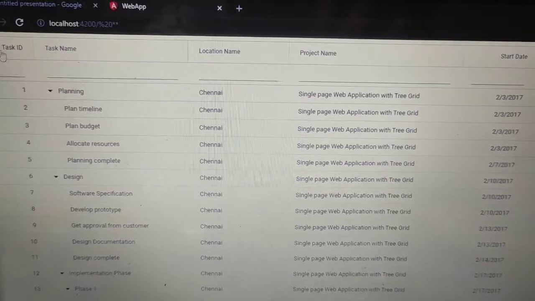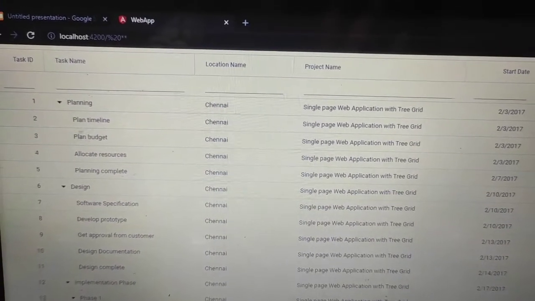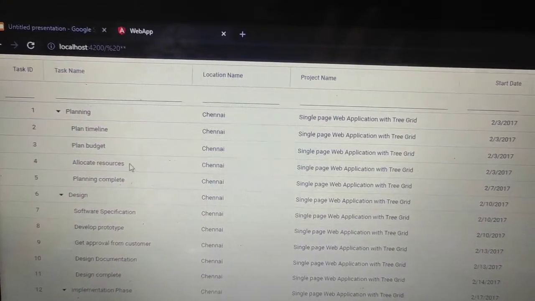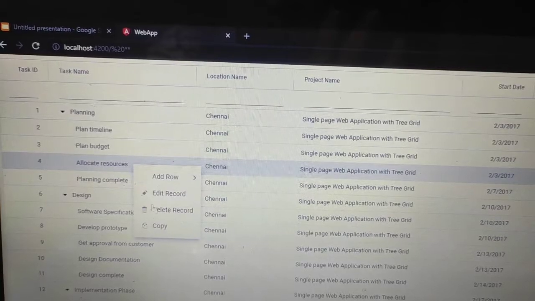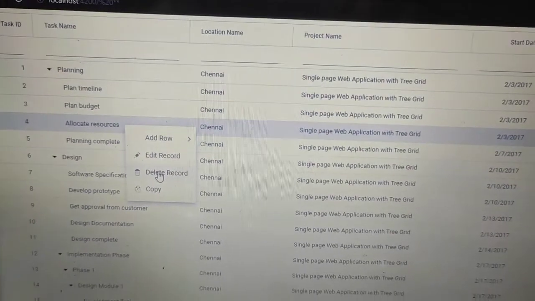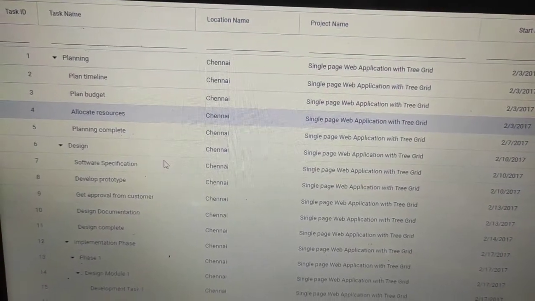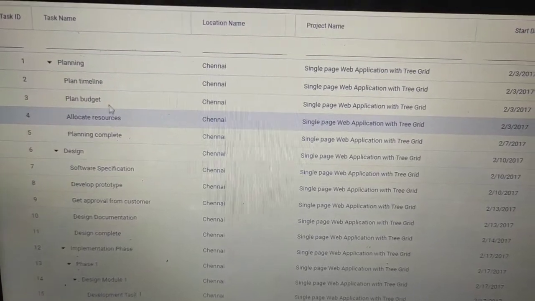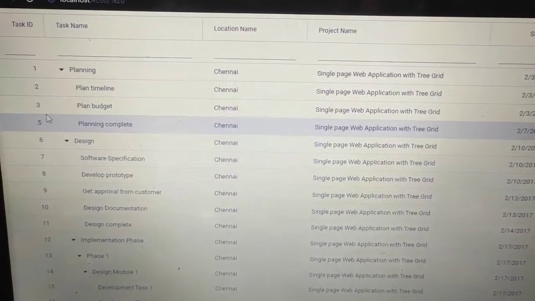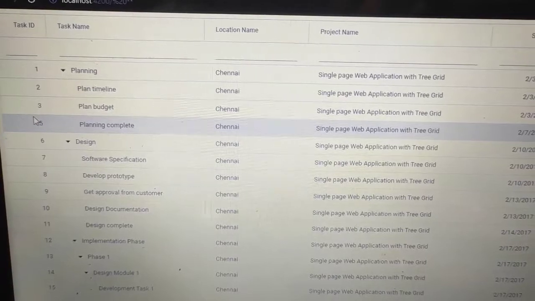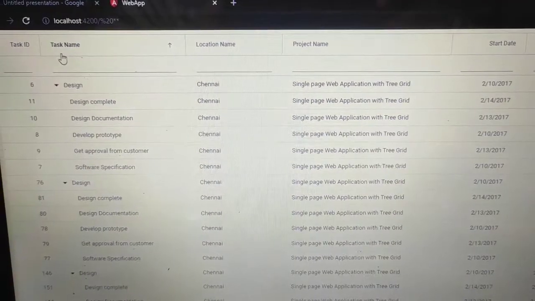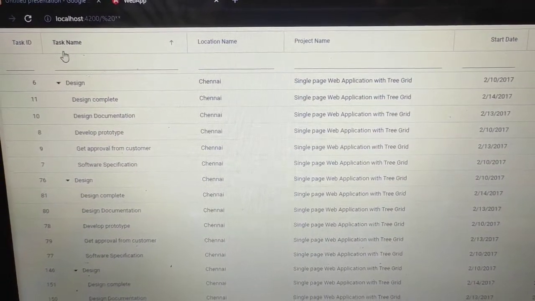Now let's see how we can delete the record. To delete any record, we have to right click and press delete record. So now the particular record, the fourth one, has been deleted. Now let's see how to do multi-sorting.